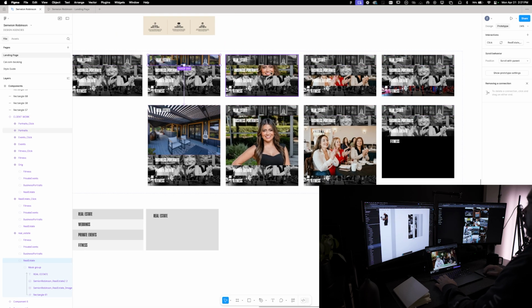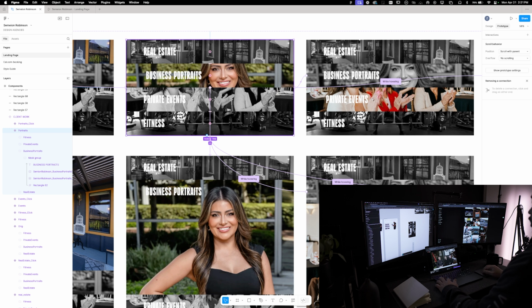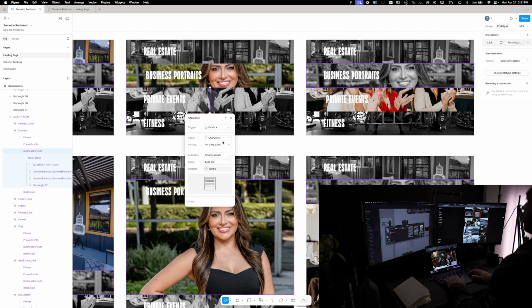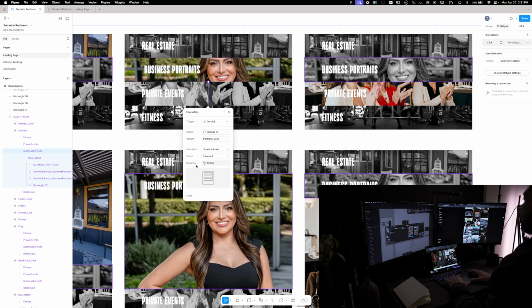So for business portraits, it was the same thing. When this section is clicked, change to portraits, click, smart animate, ease out, 150 milliseconds. For the fitness